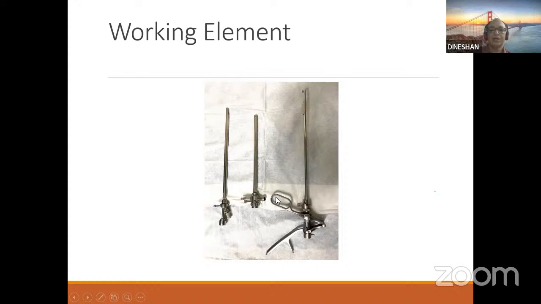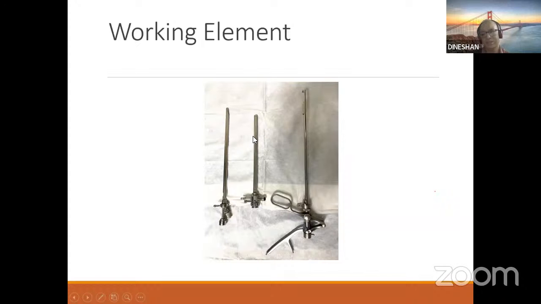You can use this handle, and this forward and backward movement is allowed, so that the stone is engaged here and can be crushed against this sheath. Once you crush it, you have to use a Toomey syringe or a helical evacuator